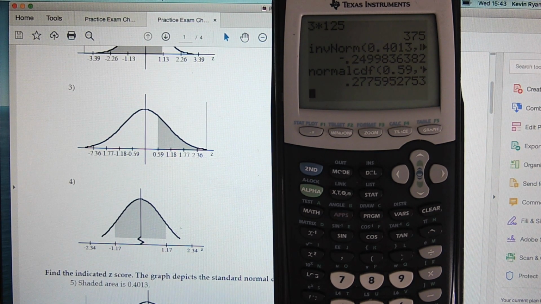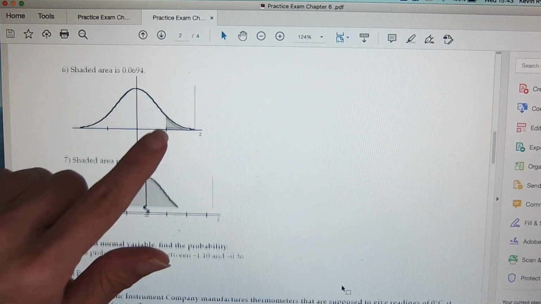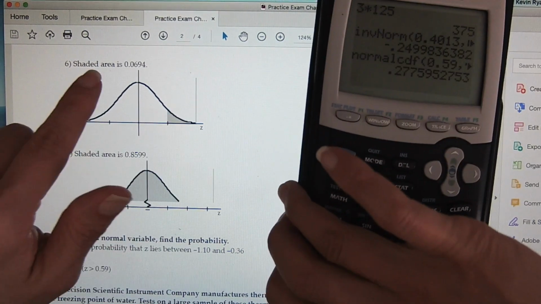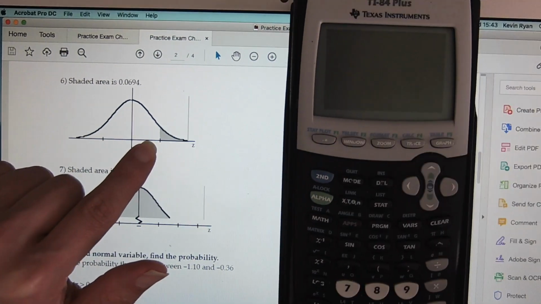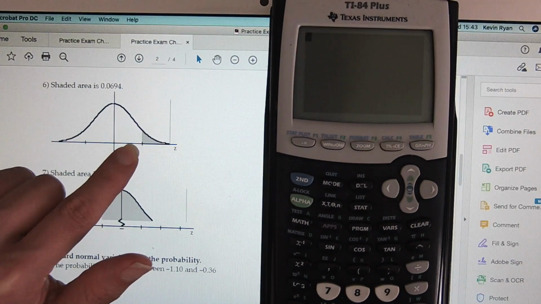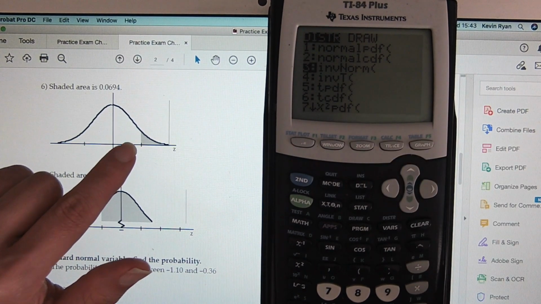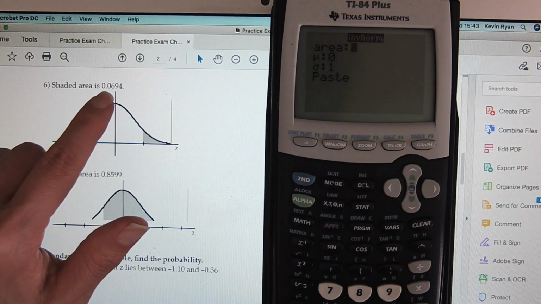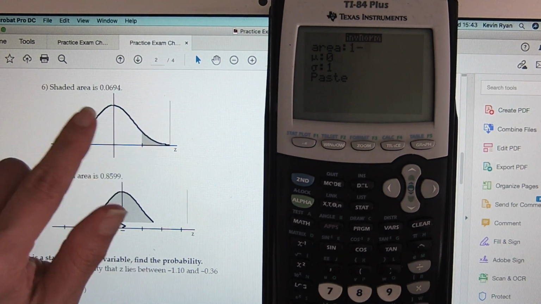Do you only do the inverse norm if the area is right? Make sure. If I have an area on the right, but I need to look for the dot point, that still means inverse norm, because I'm looking for the point. But this is the right side area, so I need 1 minus